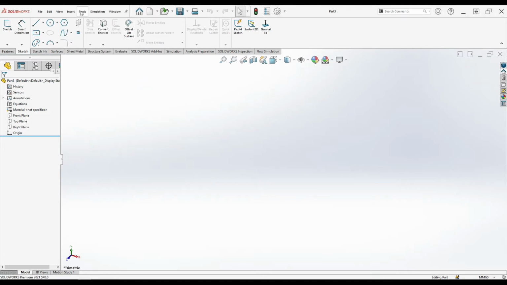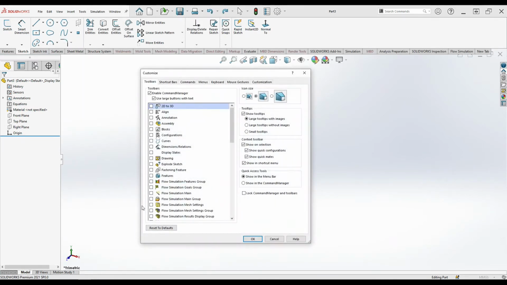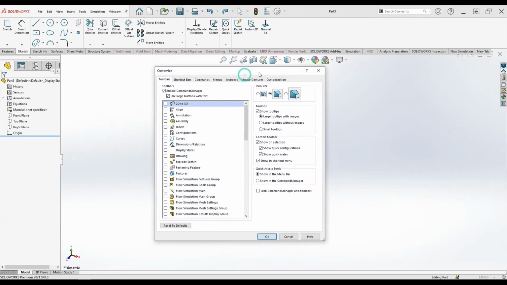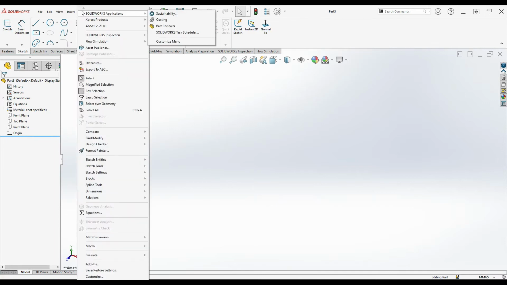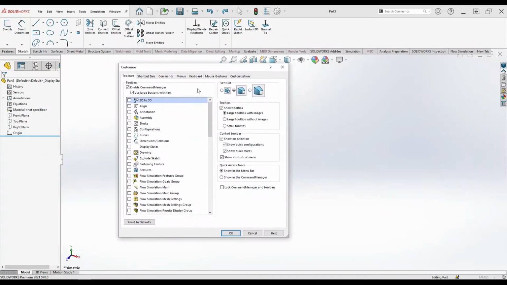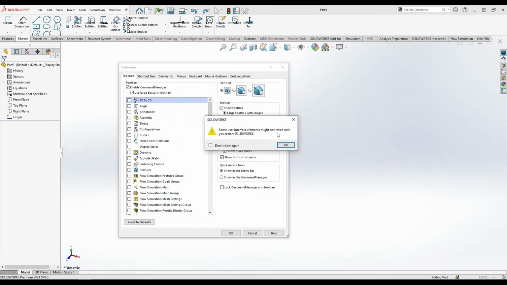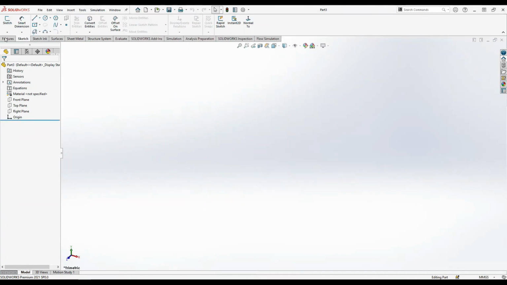In Tools also you can see the customize option, and we have seen the same things in Customize, like right click and customize, or you can go to Tools and Customize. The same page will open, and in this page I just click the icon size to make it small. Now it's small and it's looking very good.